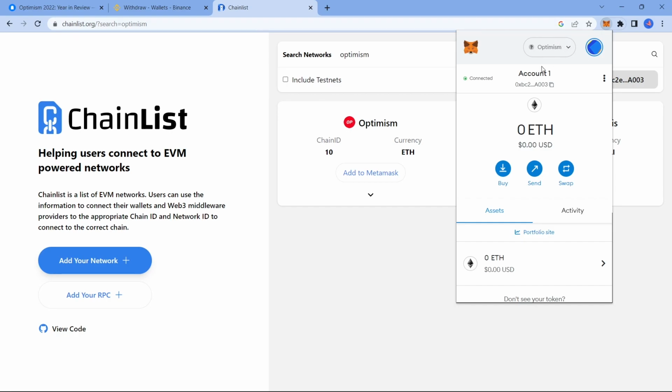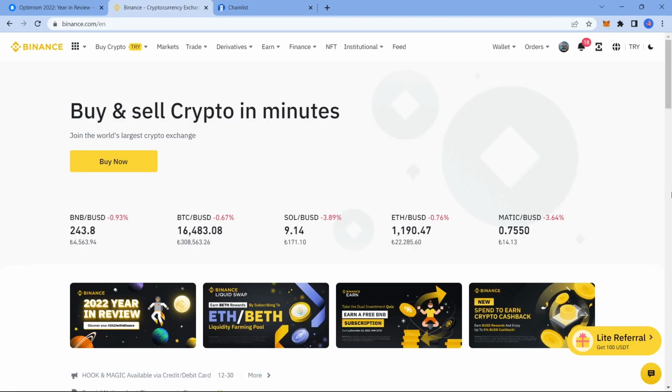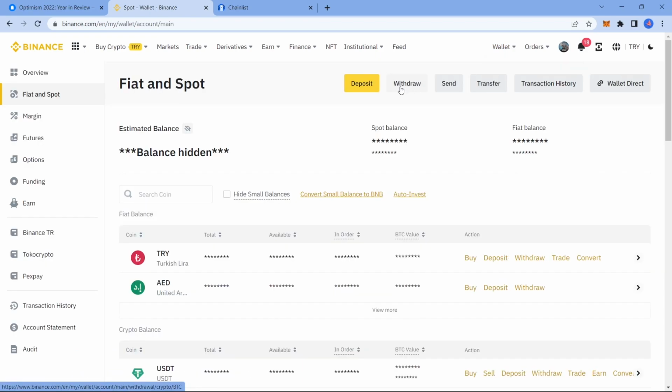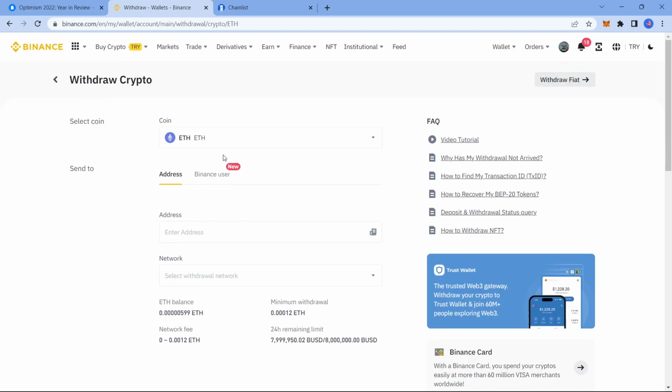After adding Optimism, copy your wallet address, and after copying your wallet address, open up your Binance account, hover over on wallet and choose fiat and spot. Then choose withdraw, choose Ethereum. If you don't have any Ethereum, you need to buy at least $10 worth of Ethereum from the spot market